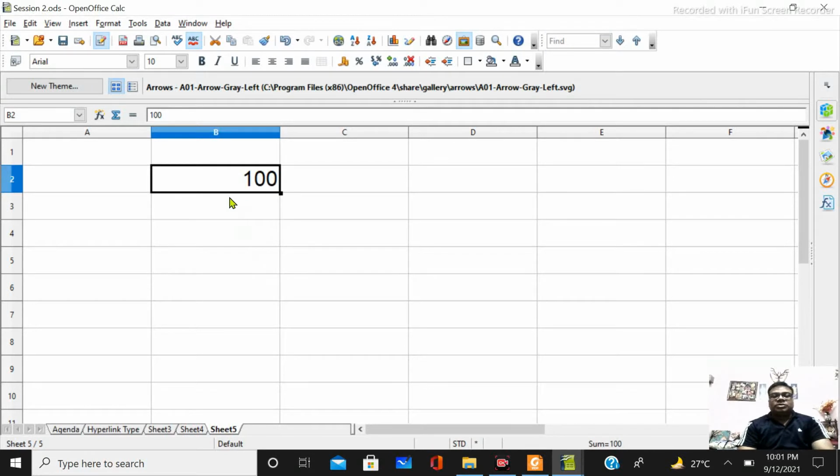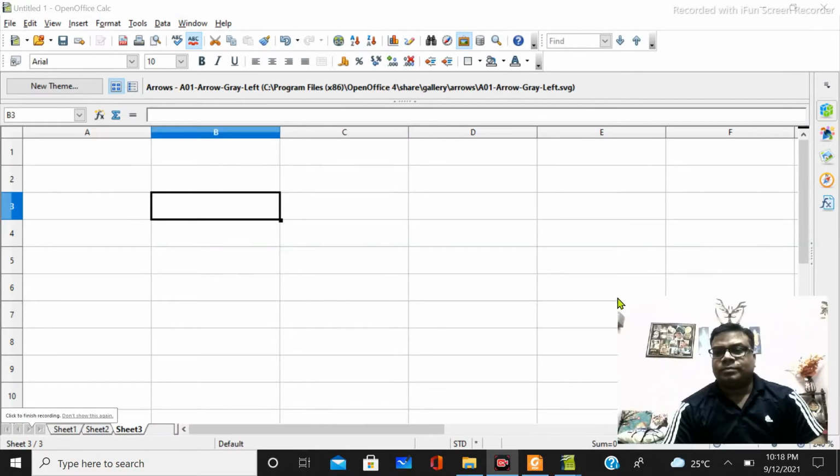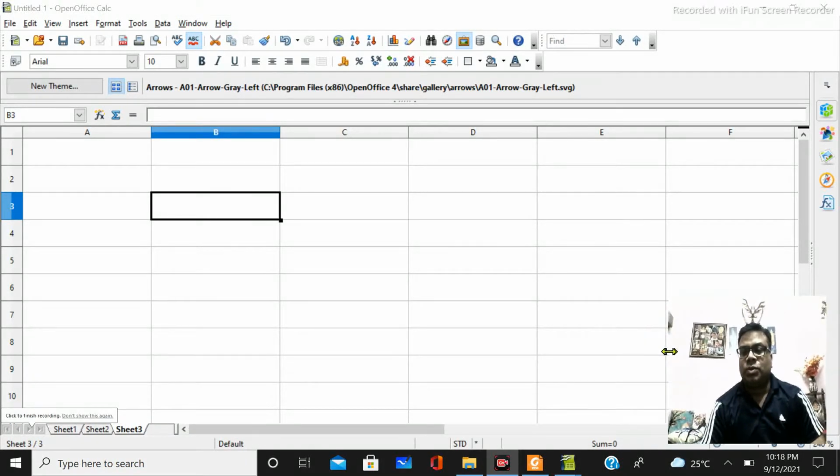Okay. So if I change the value here to 100, what will happen? Obviously the value will change to 280. Okay, because the things are linked. This cell is referring to two different sheets of the same document, right? Okay, so now editing